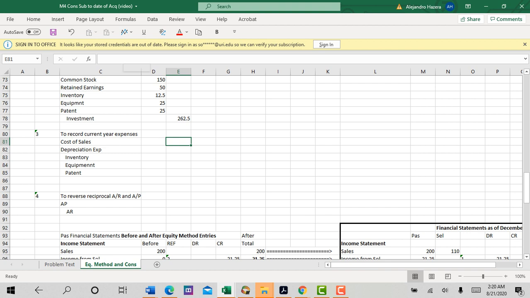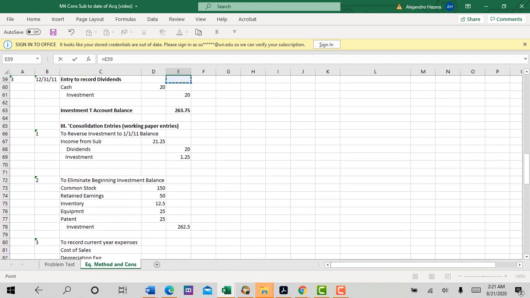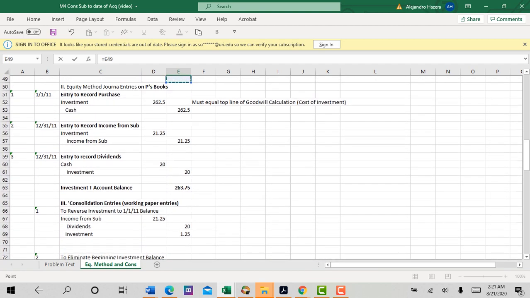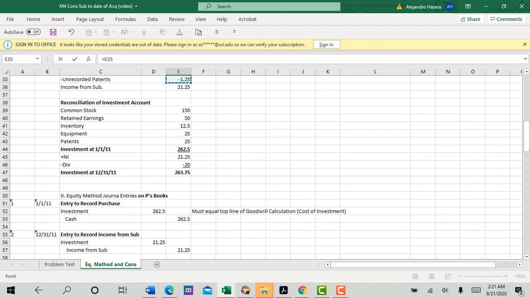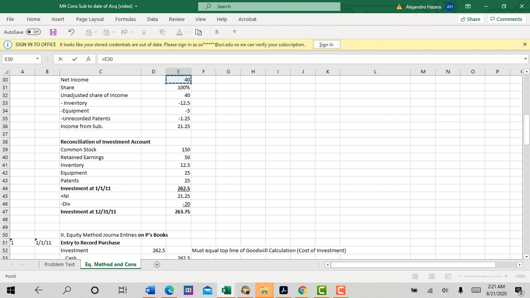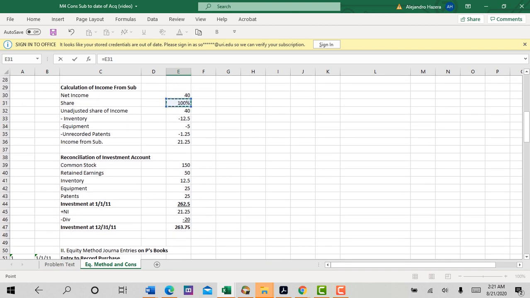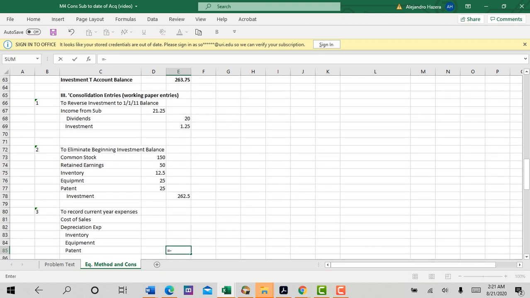However, now time has gone by, and we've got to start writing down our assets by their write-down amounts. So we can take these amounts off of the equipment, off of the net income calculation. We're going to write inventory down by 12.5, equipment down by 5, and unrecorded patents down by 1.25. I'm going to make those negative amounts because the credit